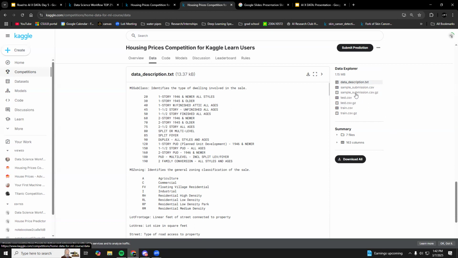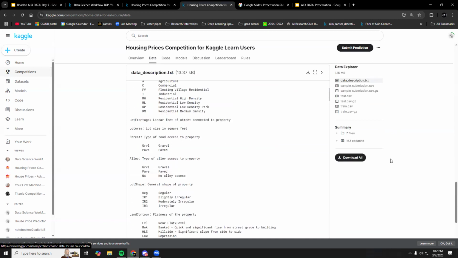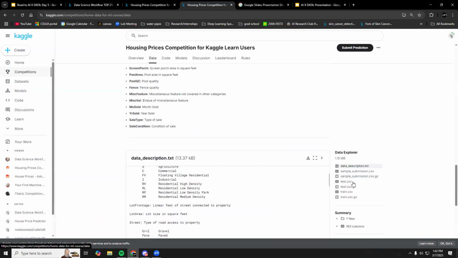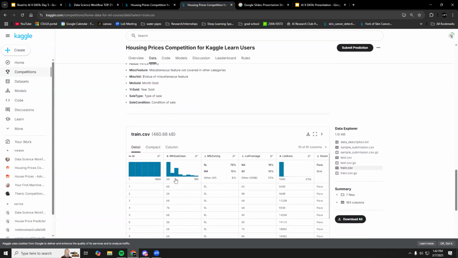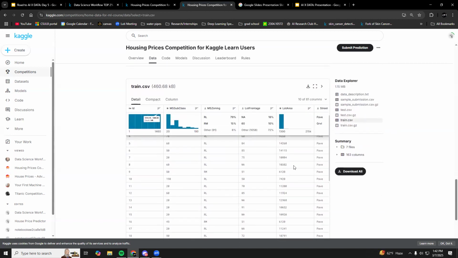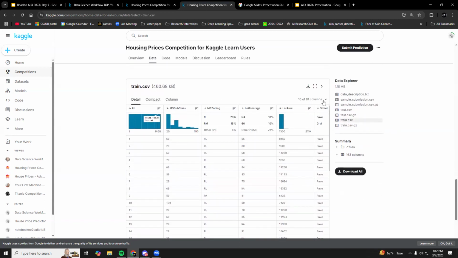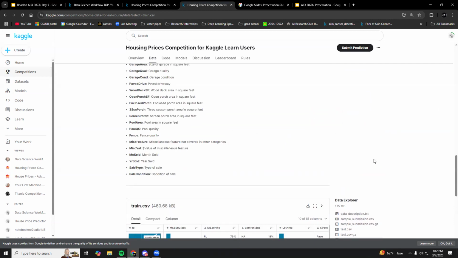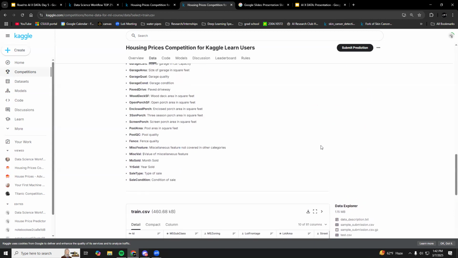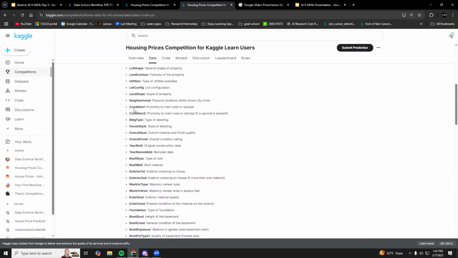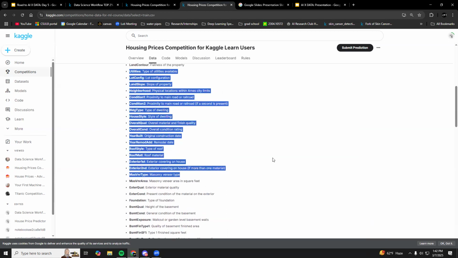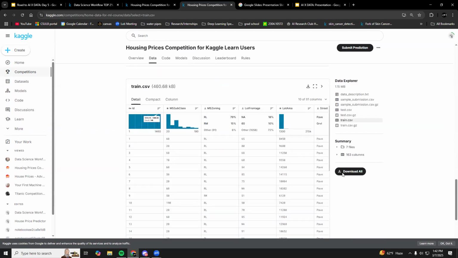You'll be able to download it there. Kaggle also has a nice way of visualizing this stuff. For example, if I hit training CSV, it gives you a short description of the rows. So you can download your data set here, and we're also going to have descriptions of all of the features of our data sets in the data column.